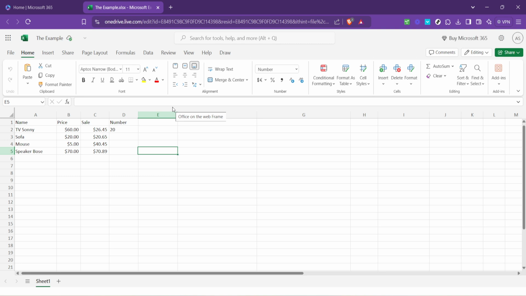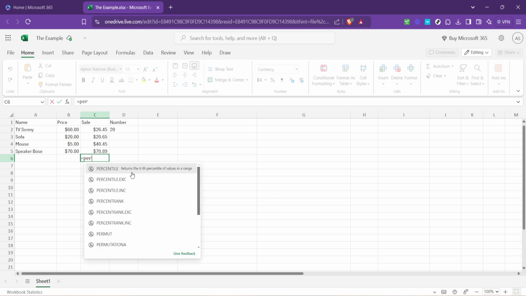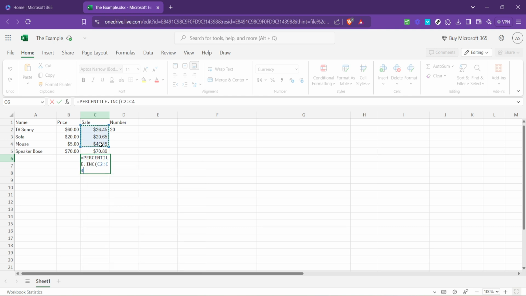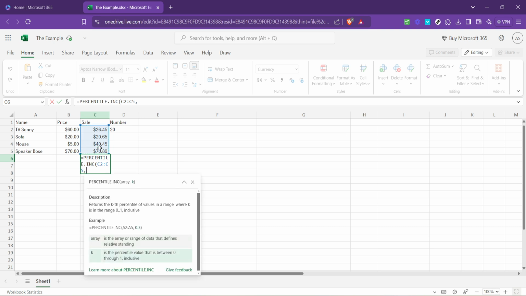Now here comes the practical part. To calculate the 90th percentile, you'll need to use a specific formula incorporated in Excel. The formula looks like this: PERCENTILE.INC(range, percentile). For our example, if you have your data in cells C2 through C5 and you want to calculate the 90th percentile, you would input the formula as =PERCENTILE.INC(C2:C5, 0.90). Here C2:C5 represents the range of data you're analyzing, and 0.90 signifies the